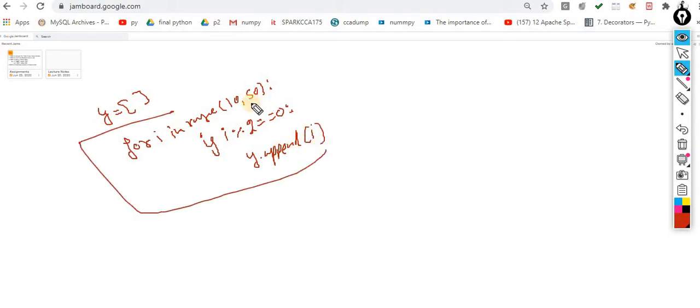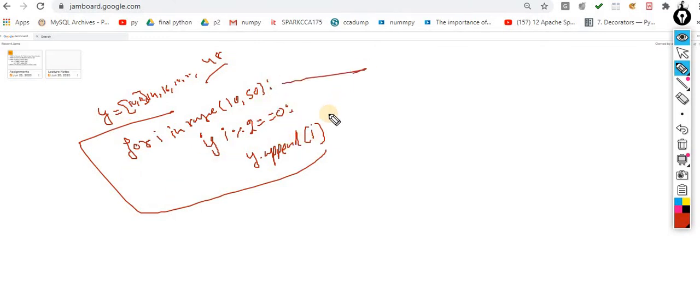This is the logic, which we already discussed yesterday. Now automatically the even numbers will be inserted into this list: 10, 12, 14, 16, 18, 20 and so on up to 48. 49 is an odd number, so it would not be entered.